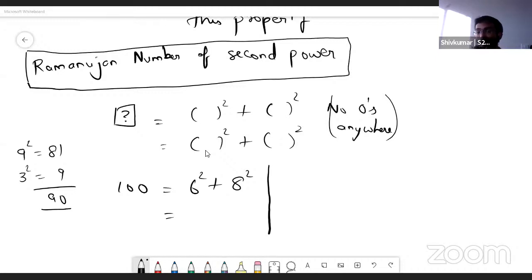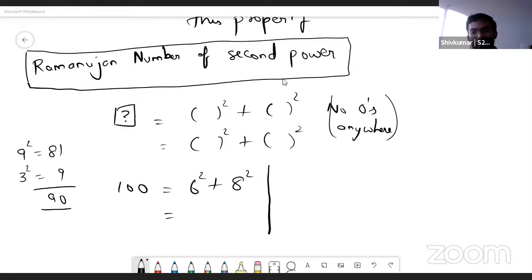Great. So, to simplify the task, we came to squares. Ramanujan number of second powers. So Reeth is in cubes. Great. But can you find an example for squares? Yes, this number is under. Okay. So Ashwin has put an answer.